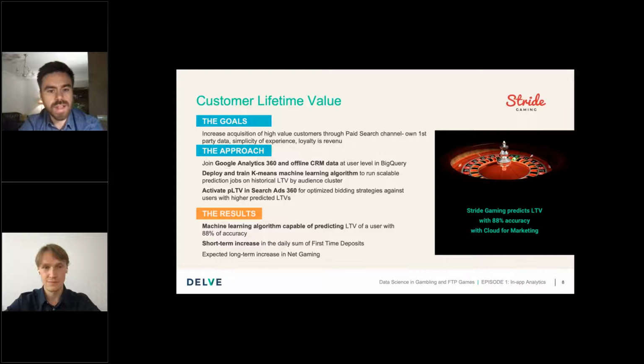So we're able to tell which of the people are going to bet $100 or more. With that model, we prepared an optimized bidding strategy for search ads. We're able to determine the amount of money to be spent on worthy clients, and also to reduce the spend on those clients that are not going to make a significant first deposit. As a result, we increased the conversion rate and decreased cost per acquisition.